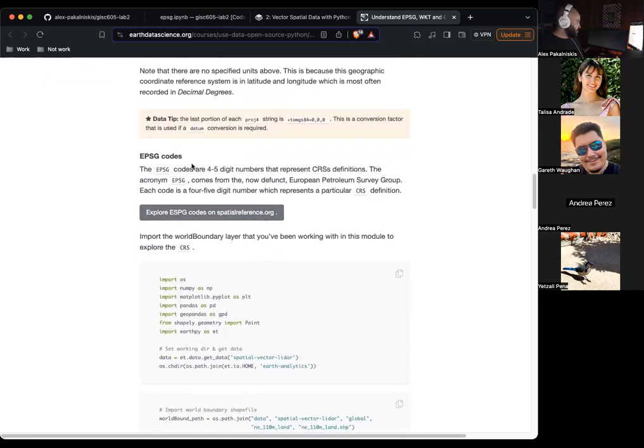So let's now pivot to EPSG. There are 4 or 5 digit numbers that represent these CRS definitions. And the EPSG acronym comes from the European Petroleum Survey Group.